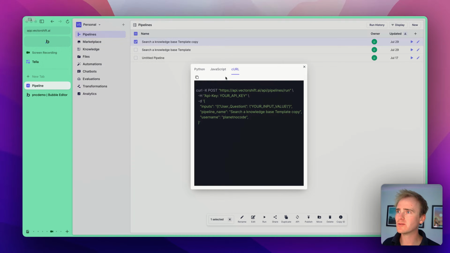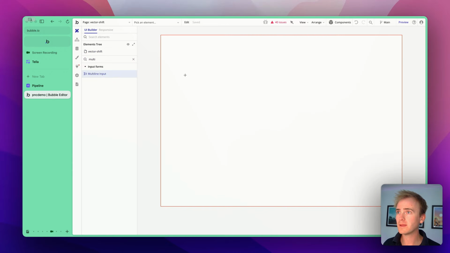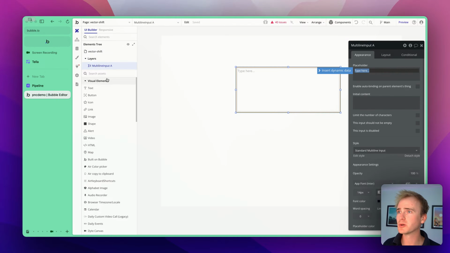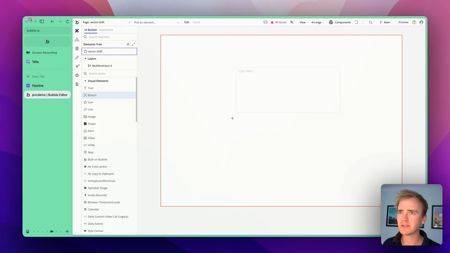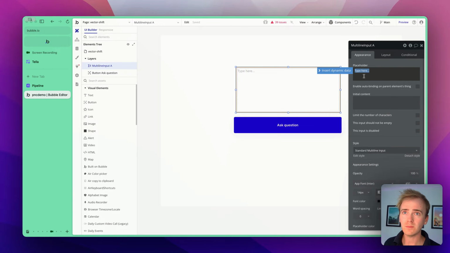So let's go over into our Bubble app. I've got a blank page here, and we'll add in a multi-line input. Now I'm not focusing on design, I'm using fixed layout. If you're serious about building things in Bubble, you should get to grips with rows and columns, but I'm going to make this nice and quick. So I'll say ask question. I'll say write your question here,